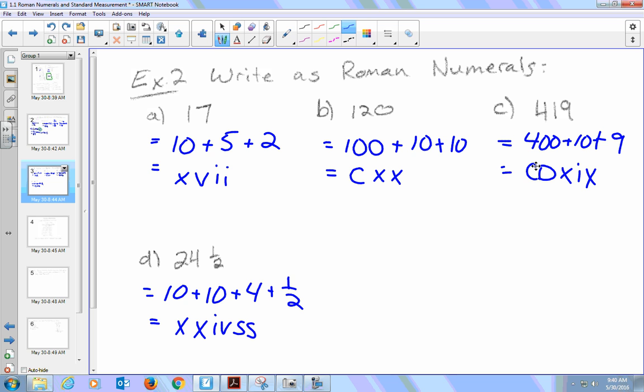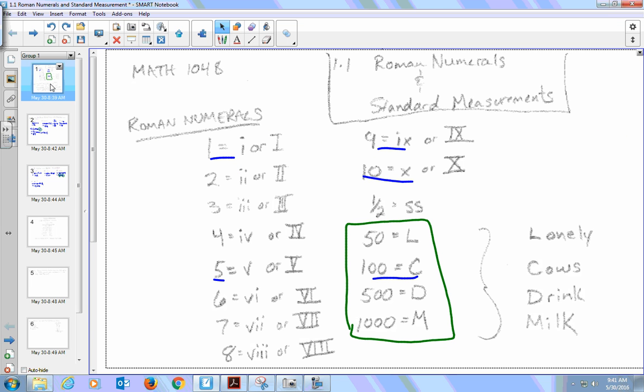But the key with Roman numerals is always look for a case where you have a letter that represents a smaller number in front of a bigger one. Okay, so as long as you know the order going back up here, especially with the lonely cows drink milk, as long as you know that order, that will really make things a lot easier, because that'll trigger something, hopefully, for you to recognize, okay, there's an